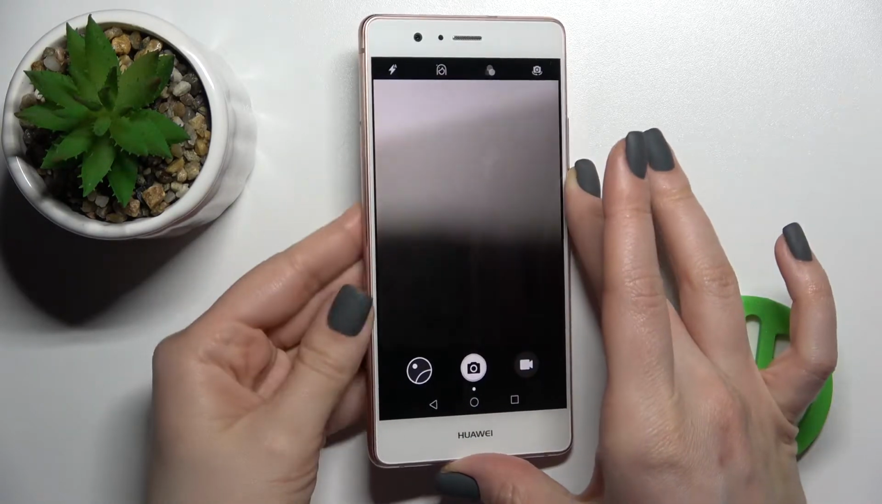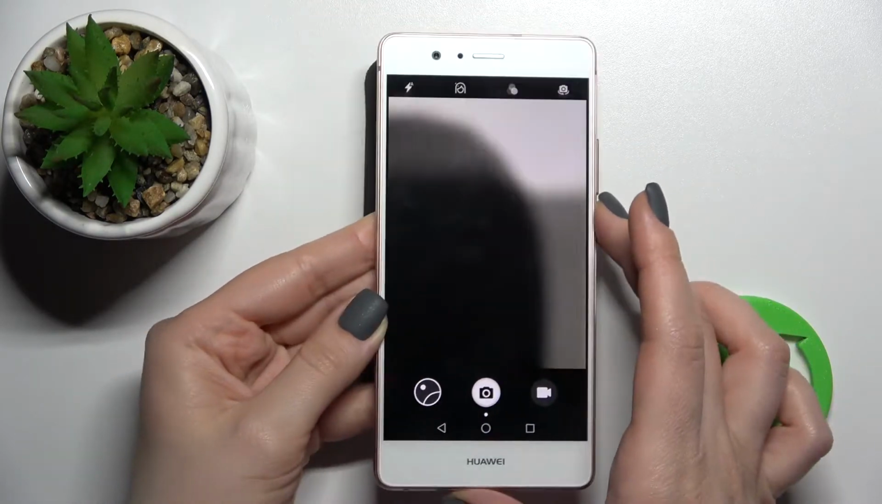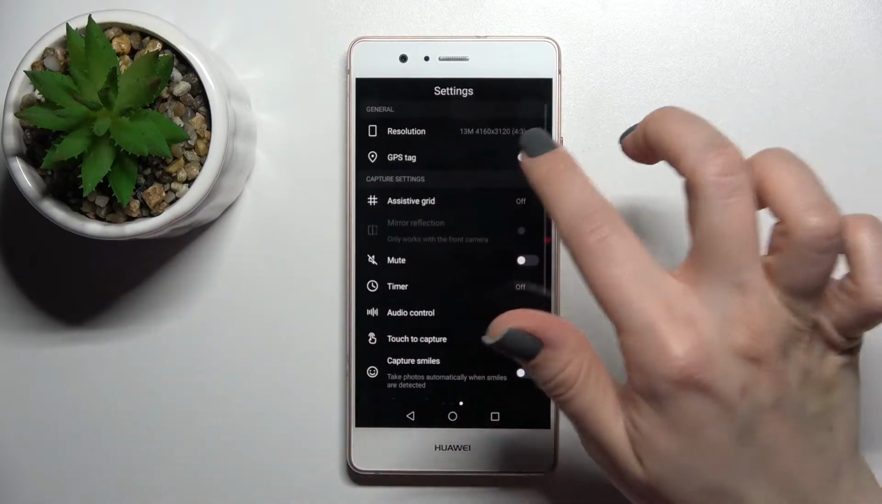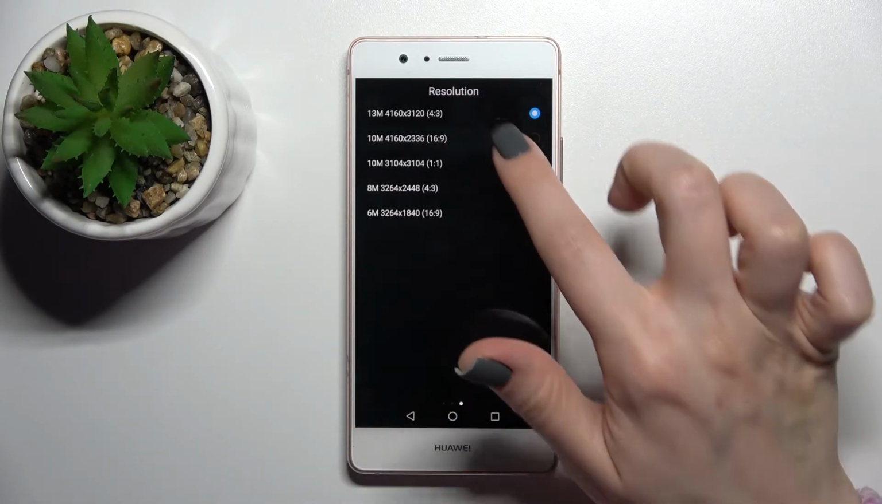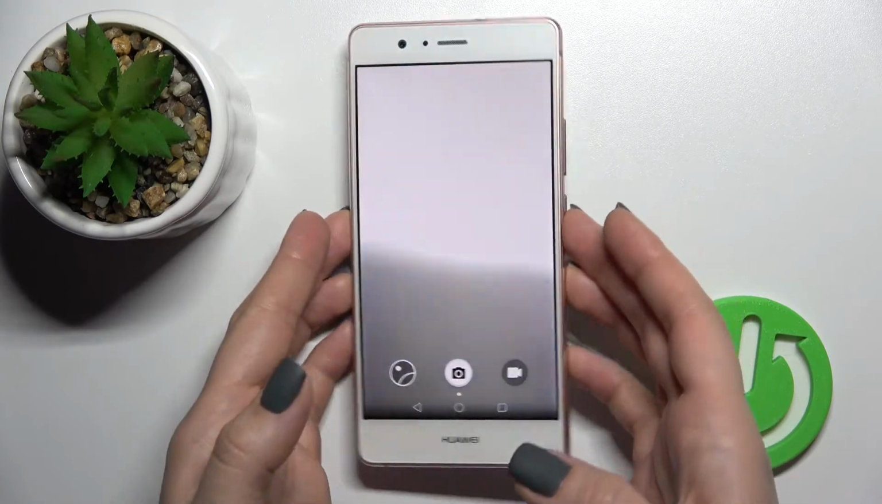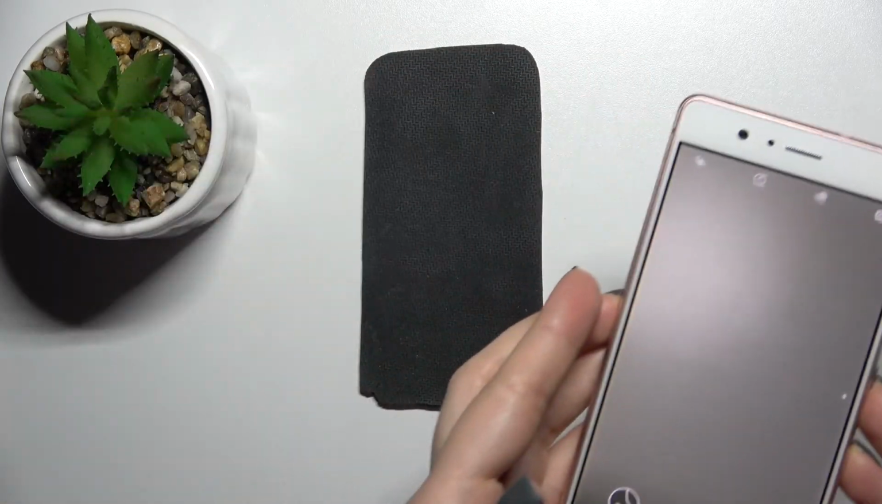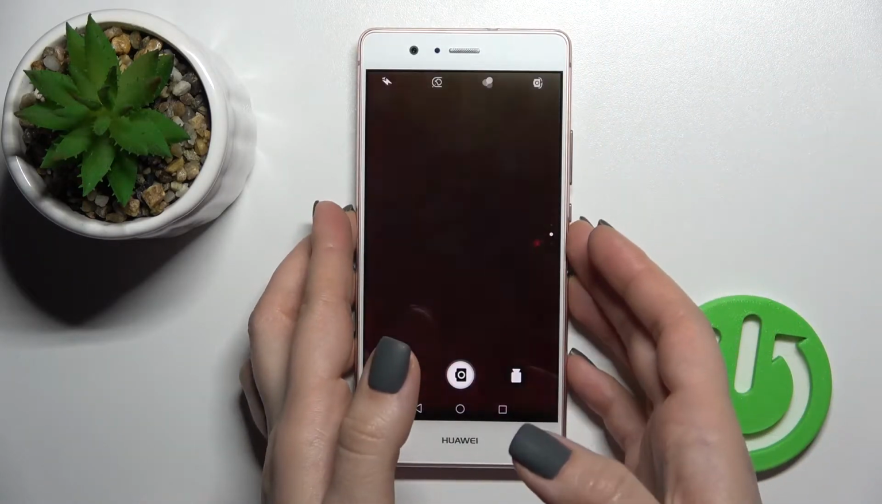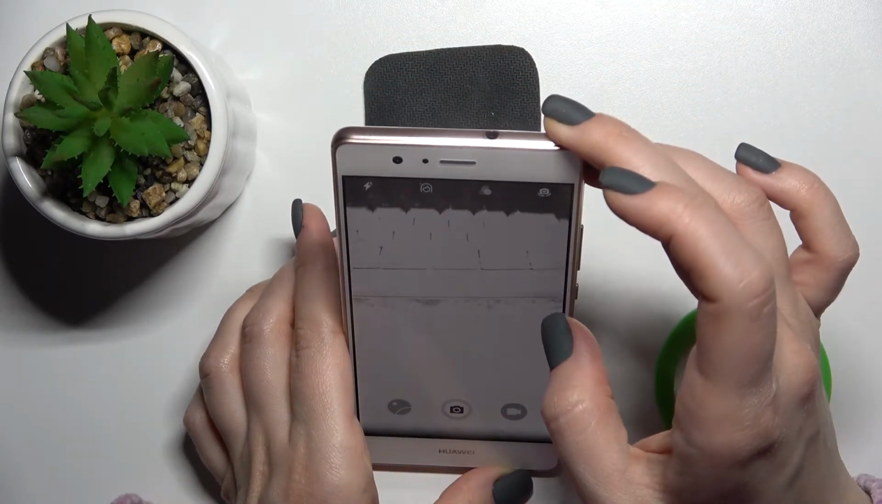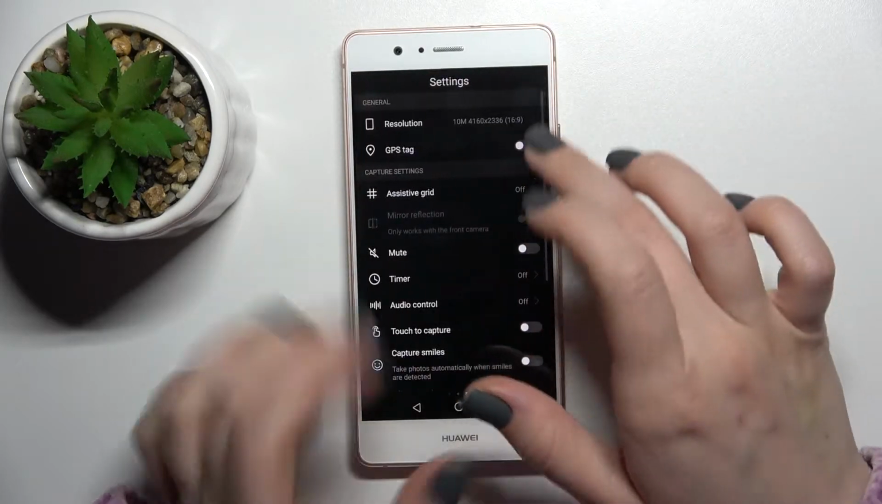Now we'll just check that. So that's just the regular standard mode of the photo resolution. Also we can change it to 16 and 9. That will be like the full screen photo. So as you can see, we can use here the full screen of our device camera just to take a